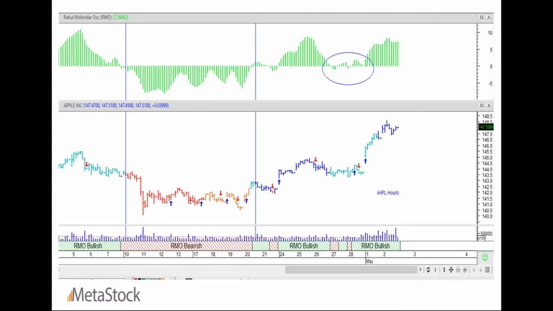Now, just to get into some more charts, this is probably an hourly chart here of Apple, which is almost up to date. And I was trying to identify where the RMO signals were. Look at what the RMO did probably towards the end of April. We went below zero, above zero, below zero, all of that stuff happening. And that's also visible on the x-axis. But the fact that it was light blue kept me thinking, oh, it's still bullish. This is just a correction, probably, and didn't make me worry too much, right?